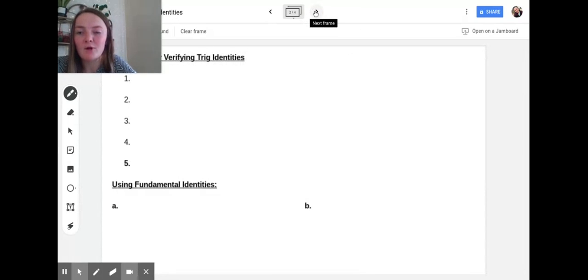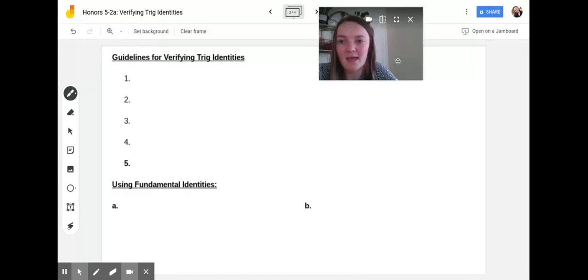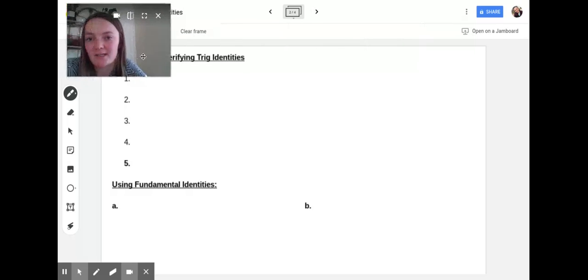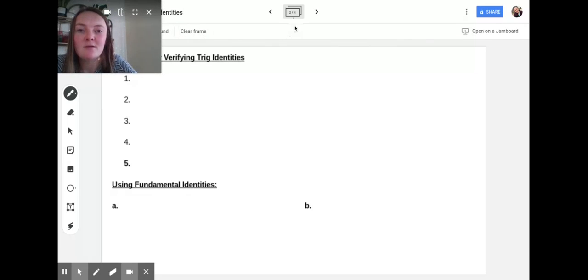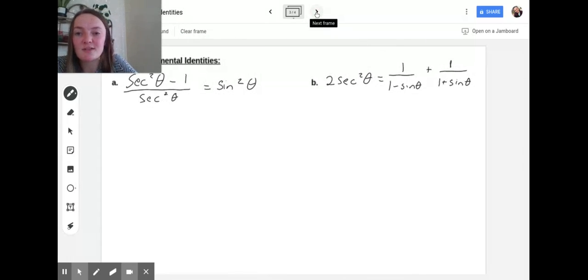Okay, we're actually going to come back to this at the end. It says guidelines for verifying trig identities. We're going to come back to that at the end. First, we're just going to practice using fundamental identities. So what I want to do, this is called verifying. I want to verify that secant squared theta minus 1 all over secant squared theta is equal to sine squared